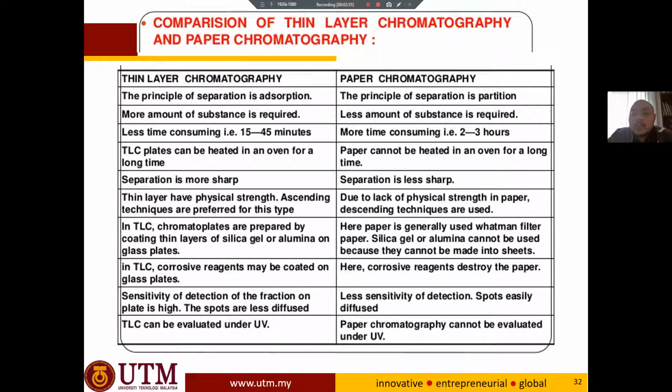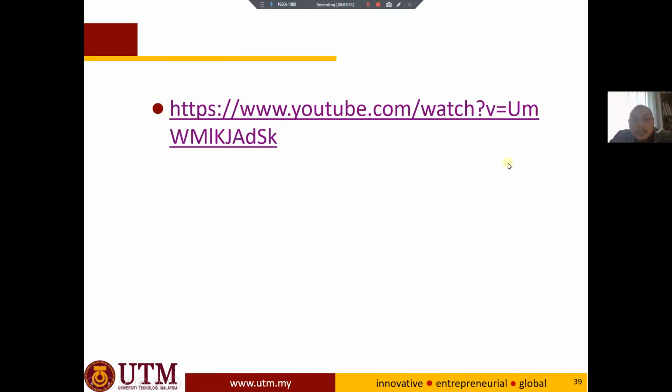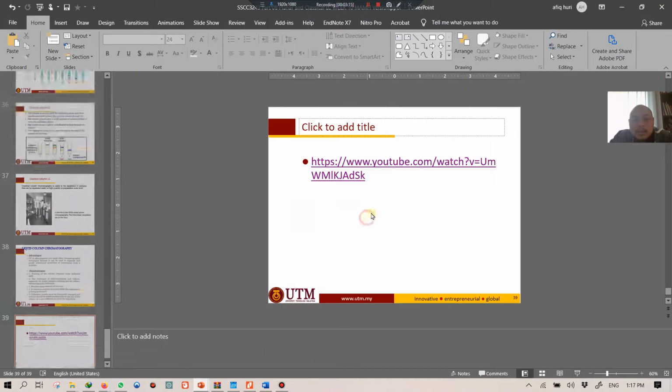Okay, for example, you have this spot and then it transfers into a very beautiful spot. But for the paper chromatography, you can see a diffusion. Okay, it's not that clean. Maybe we can look again, sorry,